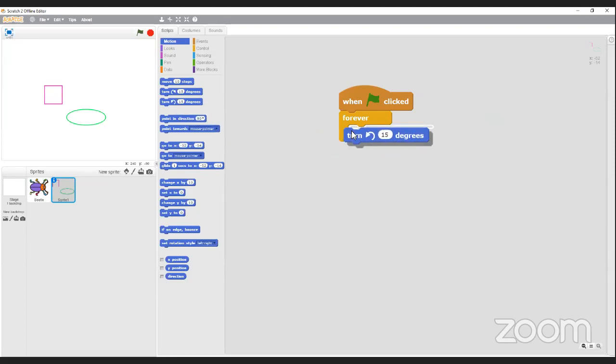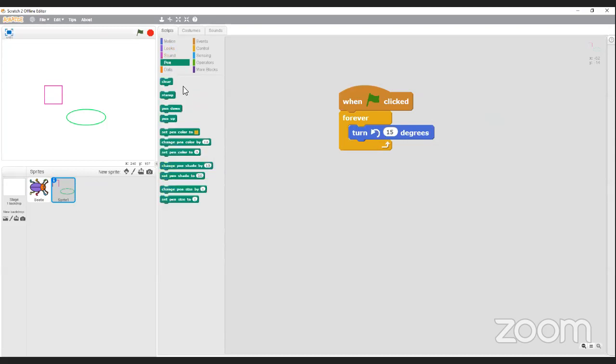We can turn by 15 degrees or 10 degrees, however much you want. So every time we make a turn of 15 degrees, we're going to go to pen, and we're going to say stamp. Right? So that will basically just print its image at that particular point. So it's going to turn, print itself on the screen, turn, print itself on the screen, turn, print itself on